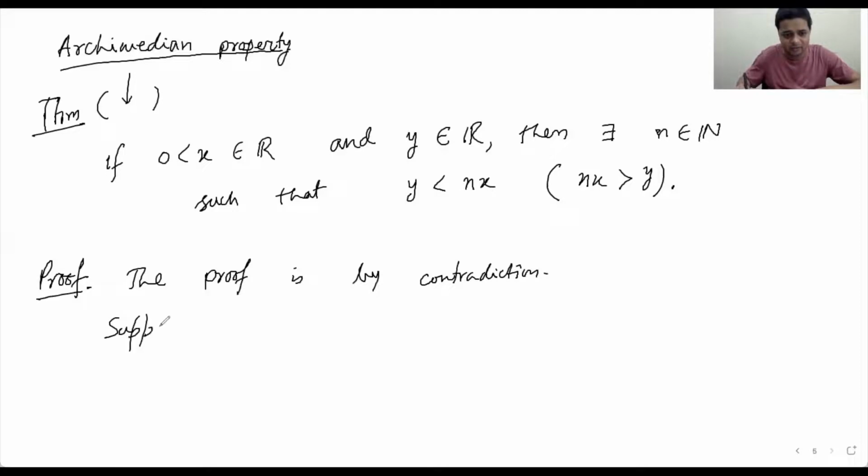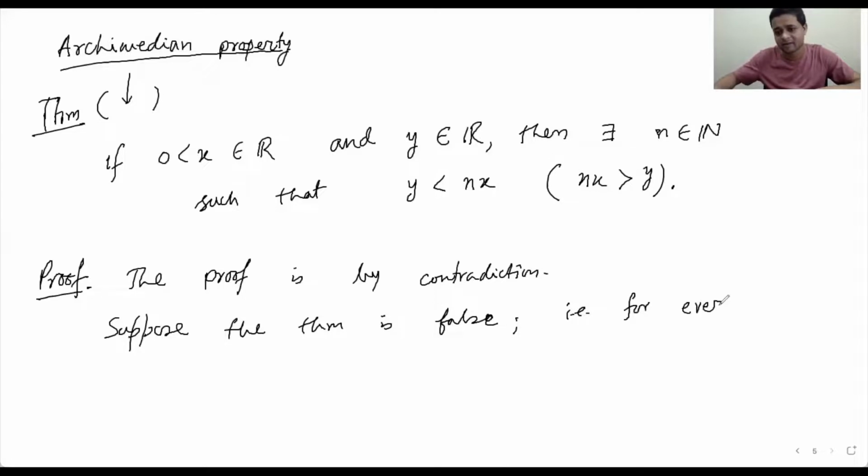Suppose the theorem is false. That is, for every n belonging to N, we have